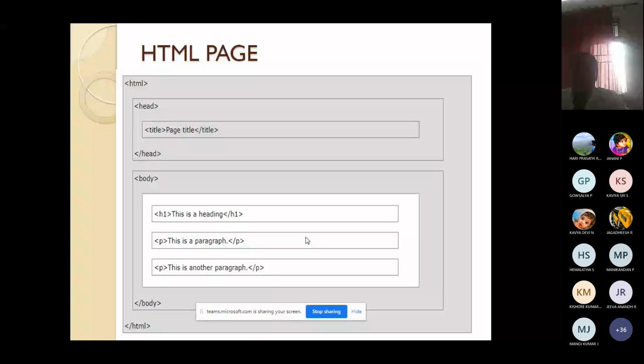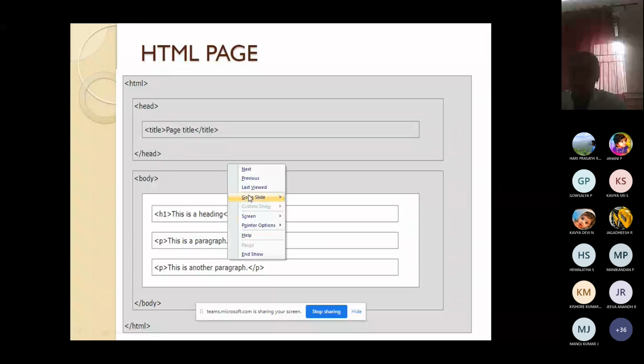This slide shows how to write HTML code in your notepad. First I'll explain the HTML code. This is the header tag, and this is your HTML.